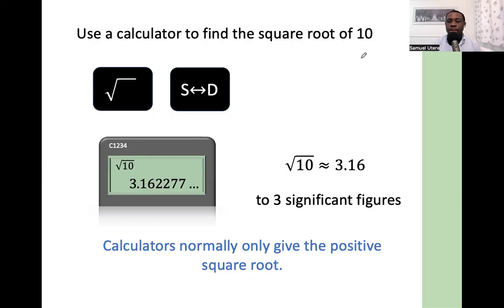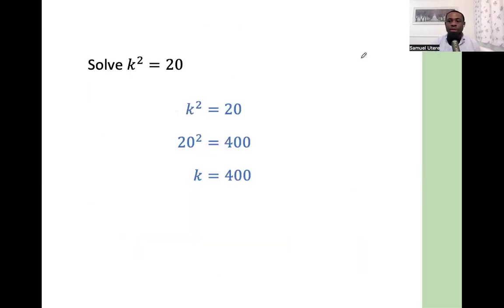So something you must know is calculators normally only give the positive square root. So we only use the positive square root. But when we solve this equation, what do you notice? Is there a mistake? Of course there is. The mistake is